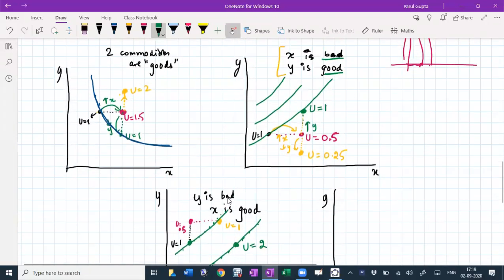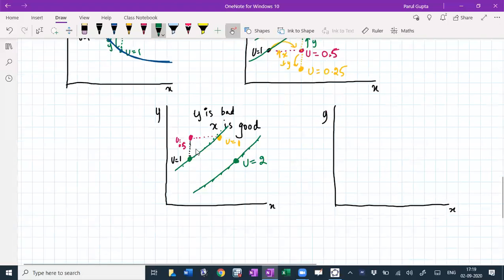So in this case also we have upward sloping indifference curves. How will we distinguish between the two? In this case, note that utility is increasing in this direction. So this was utility 1, this was utility 2. You can compare by taking these 2 points and seeing that both have the same level of y, but this one has more of x, so this will be preferred, which means it has a higher utility value. So even though this is a lower curve, it has a higher utility. That point is very important. Visually this is a lower curve, it's below this curve.